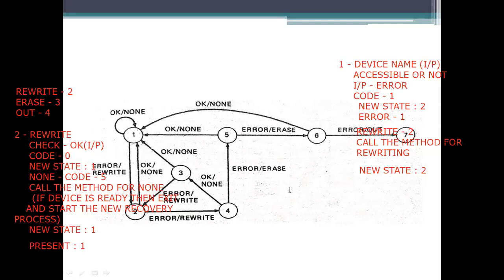Okay, if you go for the next one, the next one here is error. Error means you have the code 1. Okay, what is the new state here? From 4, we have 2 such states, which are 3 and 5. The new state depends on the checking, you have to decide the input here. So here we performed a checking procedure at 4, and we got the input as okay. Then it will take the new state as 3, none, and the code is 5, and the same procedure will follow.